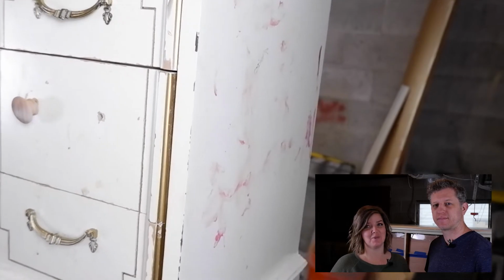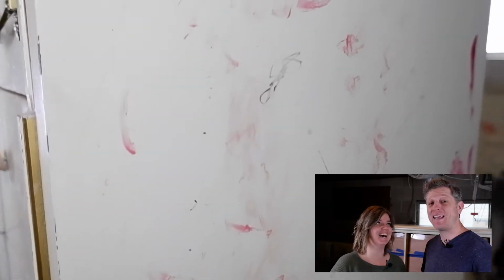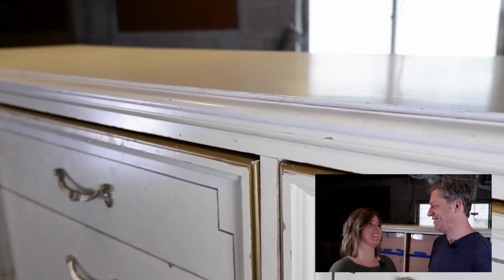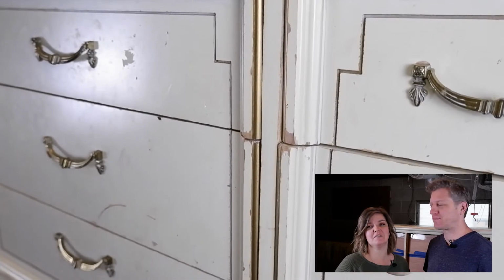So I brought this home from the thrift store, and I said to Stephen, I got a dresser for us. Yeah, it weighs about 500 pounds and about broke my back trying to get it out of the van. So it hurt a little bit, didn't it? Yeah. But it's solid wood construction. It has dovetailed